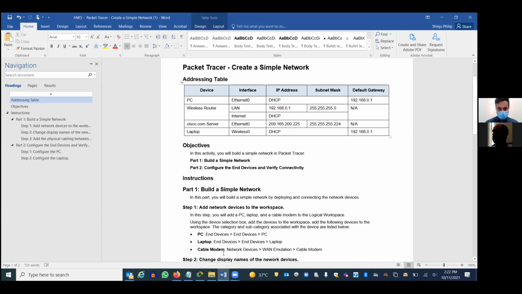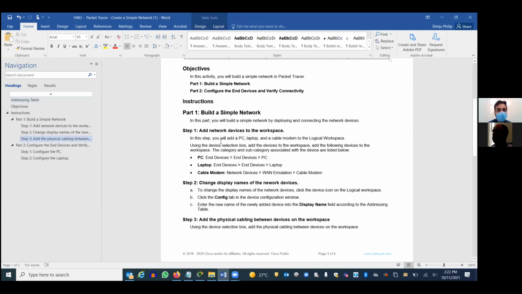Okay, let's go through this. In this step, you will need a PC, laptop, and a cable modem in the logical workspace.